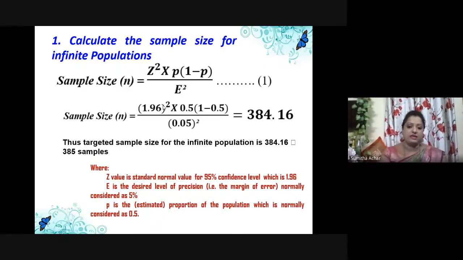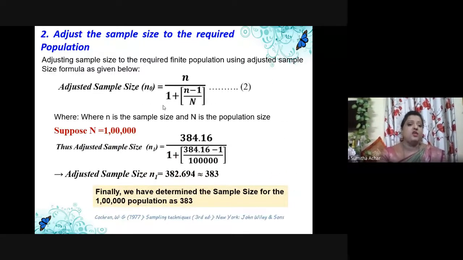I made my statement clear. I said you're taking 385 samples. Why do you have to decide 385 samples? I am saying for an infinite population, if you take 385 samples, 385 samples are adequate enough to generalize your results to the population. Is this clear? So this is 385. But sometimes you may have to adjust your population values.